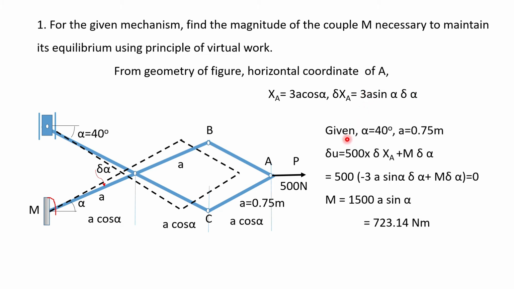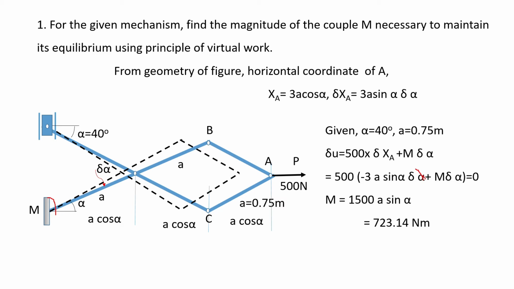Similarly, when we write down the equation for the total work done, it will be the work done by this active force P and the work done by this moment, right? So here del U is equal to 500, this active force, into the virtual displacement, force into displacement, plus this moment M into its rotation around angle alpha, that is M into del alpha. When we solve this problem, this bracket is misplaced, dear student, kindly correct it. So it should be here only, right?